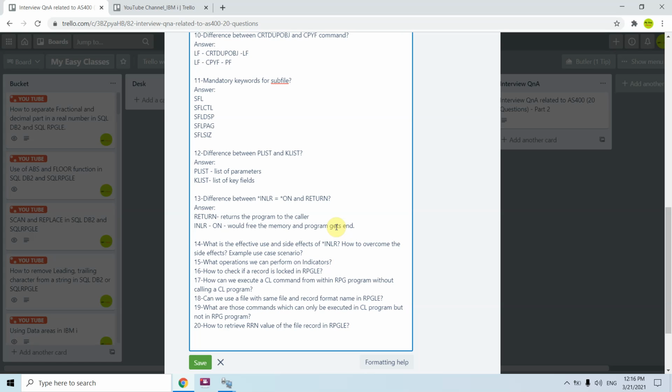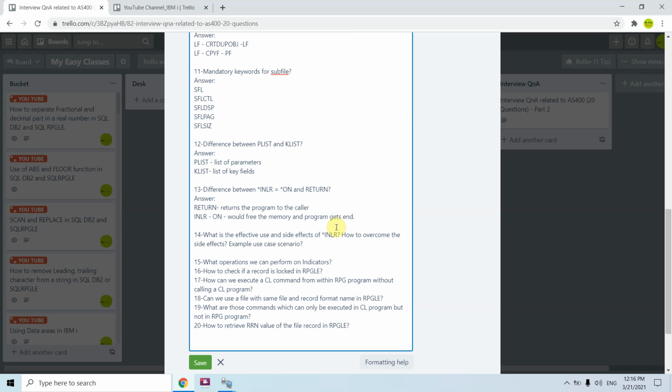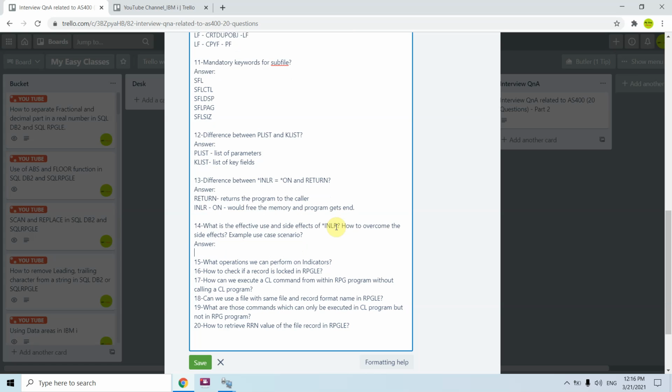What is the effective use and side effects of INLR? How to overcome the side effects? Example use case scenarios. Now I will discuss just this one because this is a very important thing.